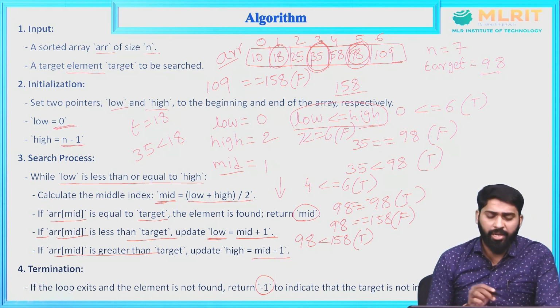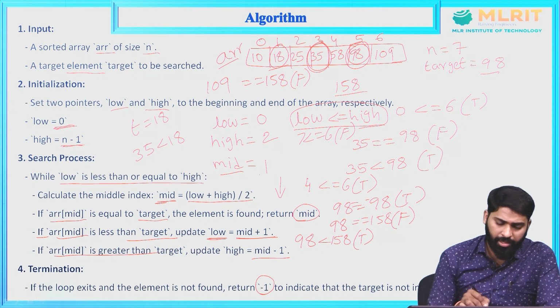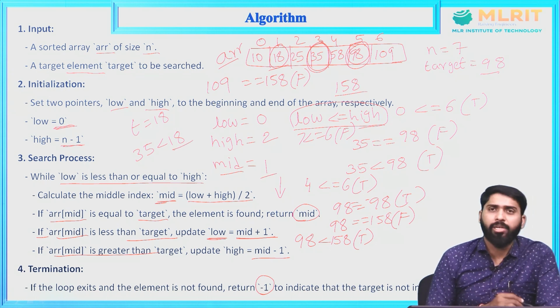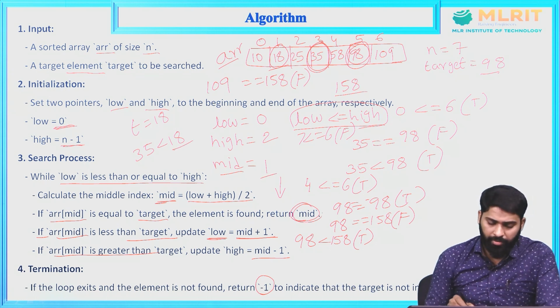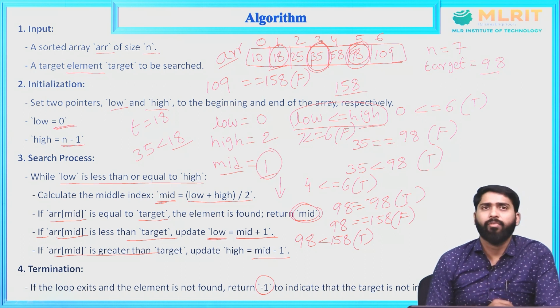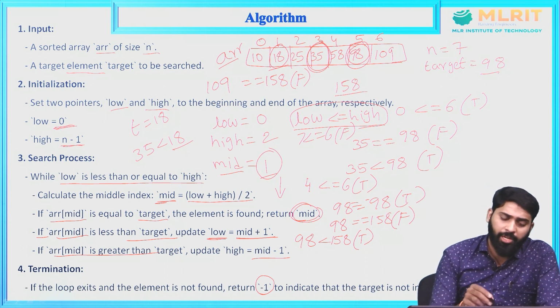Now in this case A of mid is 18. The target is also 18. So it returns mid value. In this case it returns 1. Okay. If the searching element is 5,